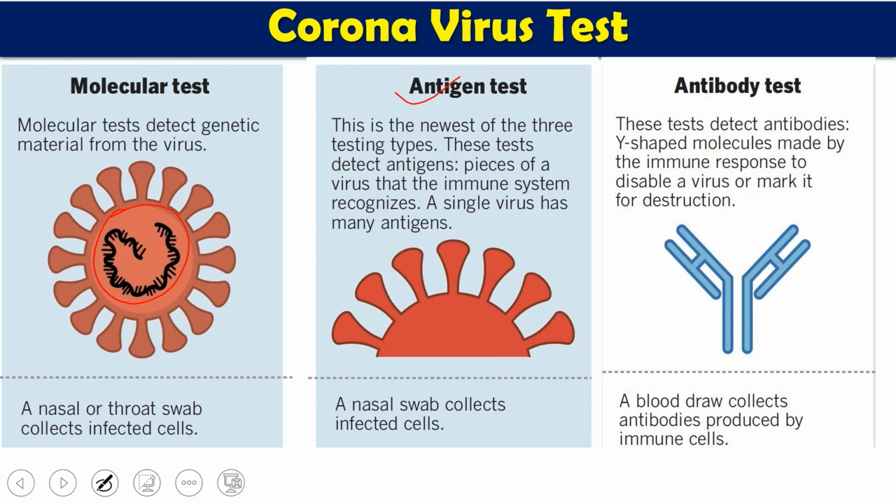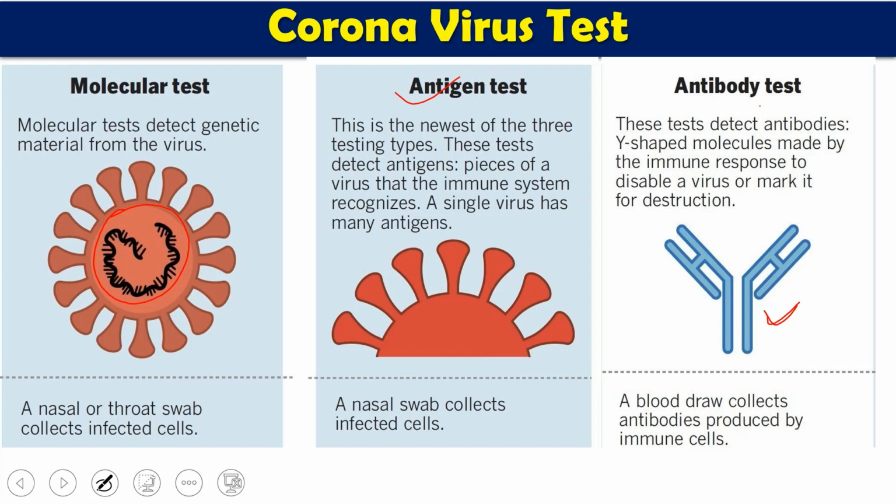And the third one is called antibody testing. Whenever a foreign particle, foreign bacteria, or foreign pathogen comes into your body, your immune system produces antibodies, immunoglobulins, against those foreign particles and proteins. So if coronavirus comes into our body, we will make antibodies against the proteins of the coronavirus. If this antibody is present in our body, it tells you that sometime you have had an infection with the coronavirus. So these are the three different tests.